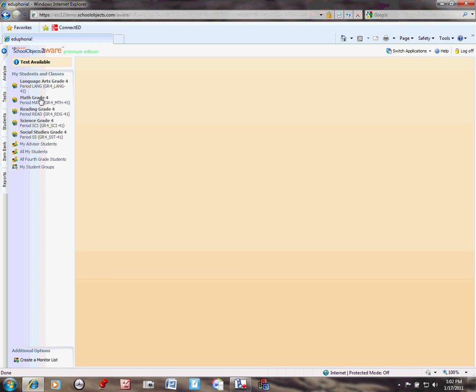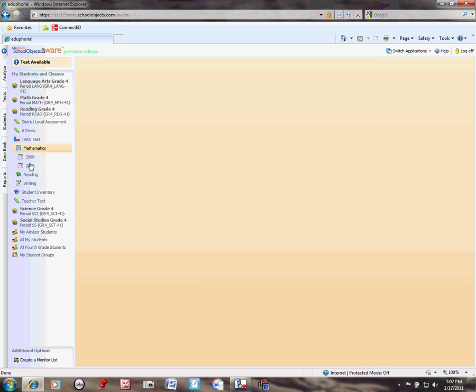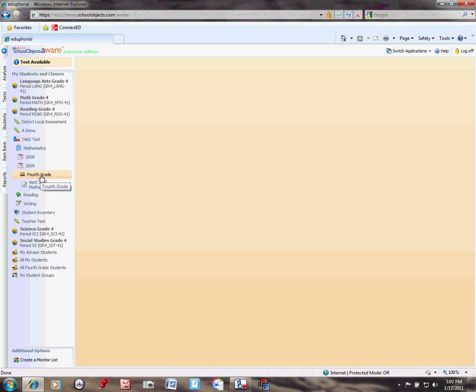Notice when we go into an individual class, we're going to go into our reading grade 4. When we go into an individual class, it doesn't just show us all the kids that are in that class. Instead, we have to go into it through the actual assessment, be it a local assessment, a TAKS test, whatever the case may be. So if I click on the TAKS test, I'm just drilling down here to get the